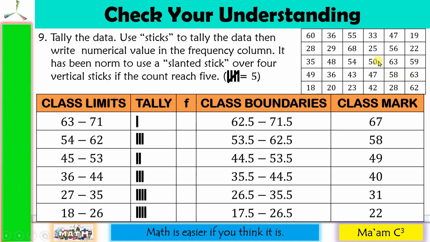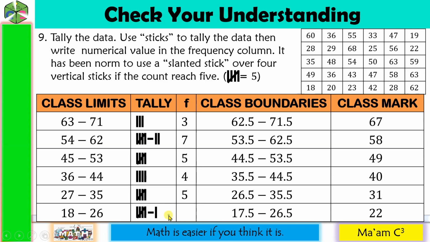25, 50, 47, 42, 47. This is the fifth one, so slanted stick. 56, 63, 58, 28, 19, 22, 59, 63, and 62. Now for the frequency, the numerical value of the tally, this is 3, 7, 5, 4,